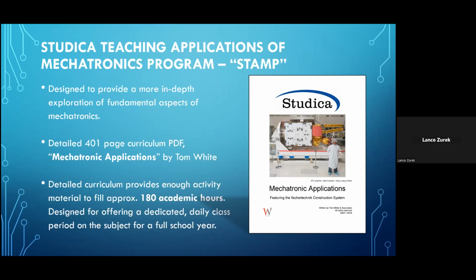Now, the second set is called the Studica Teaching Applications of Mechatronics Program, or if you want to use an acronym, you could call it STAMP. The set is designed for those educators and homeschoolers who wish to provide a more in-depth exploration of the fundamental aspects of mechatronics. Now, this set is all built around a free downloadable 400-page curriculum document entitled Mechatronic Applications, again